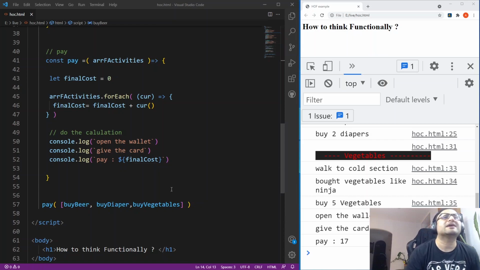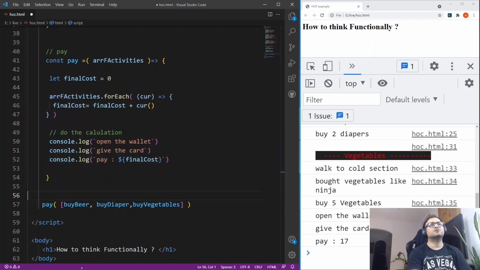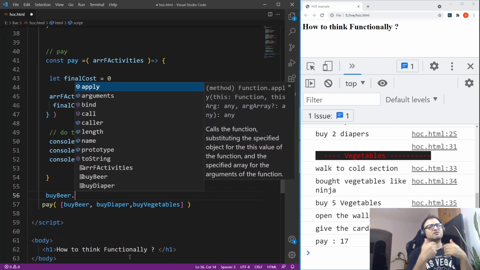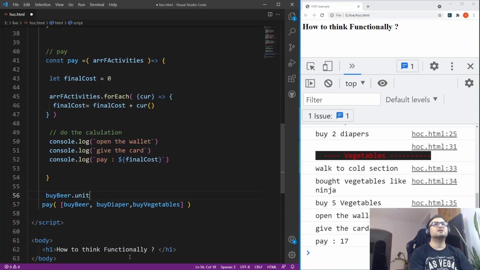Now, the last problem we have is about introducing the unit price. So we would like to multiply the quantity with unit price. So how to go about it? There are two ways to do it. The first, let's see the JavaScripty way. As I mentioned, in JavaScript, functions are first class citizens. So that means they can also have properties. So for example, unit price for beer is 5. And then similarly,